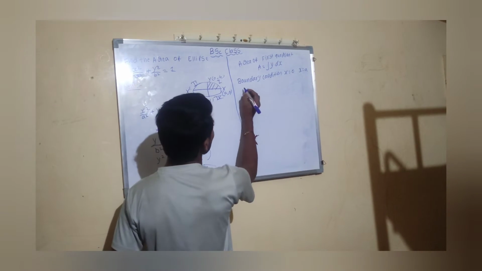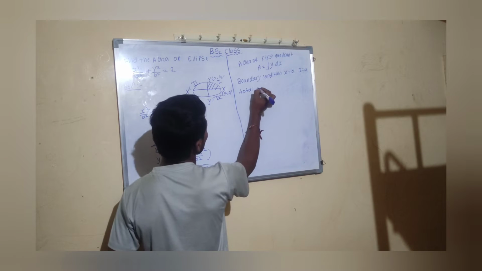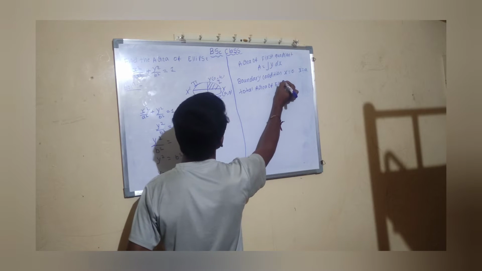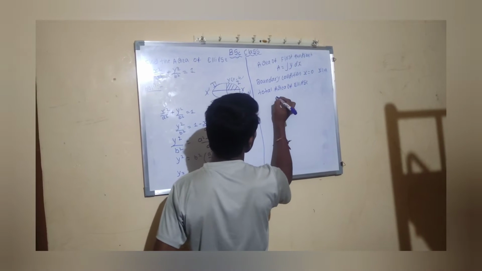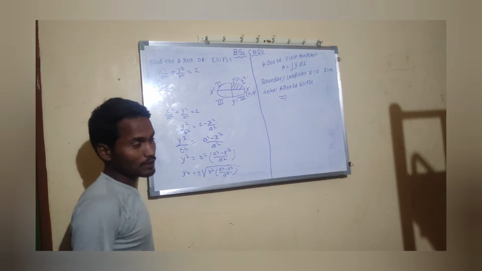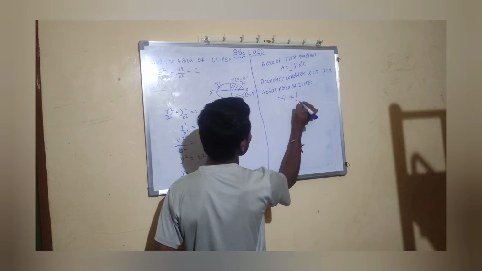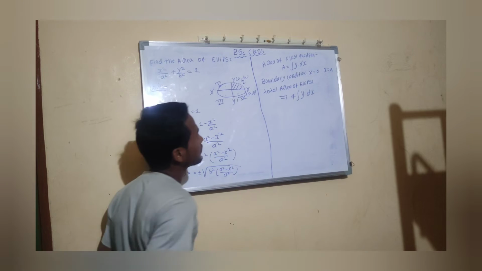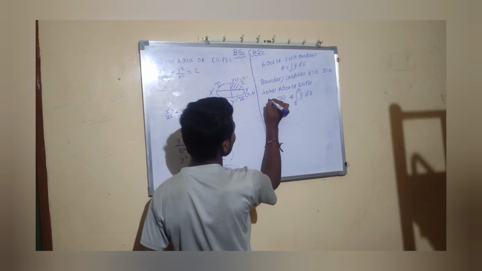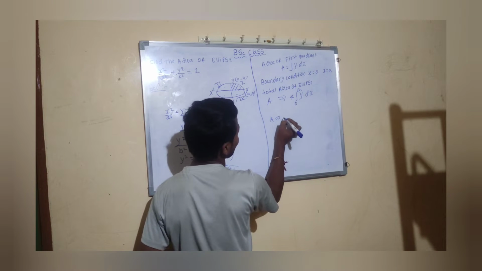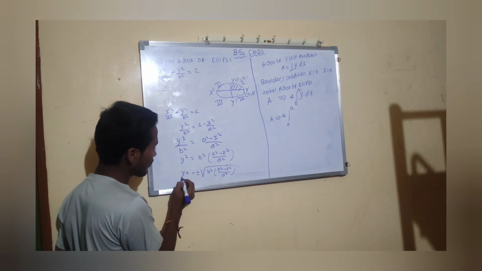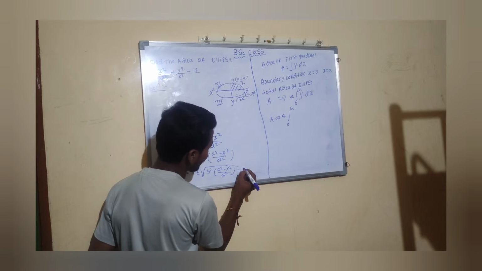So we find that, and then the total area of the ellipse. What does the total area of the ellipse mean? It covers all the quadrants: 1, 2, 3, 4. So four quadrants means 4 times the integration of y into dx with boundary condition 0 to a. So the area is equal to 4 times the integration from 0 to a of y, where y equals the result from our equation number 1.